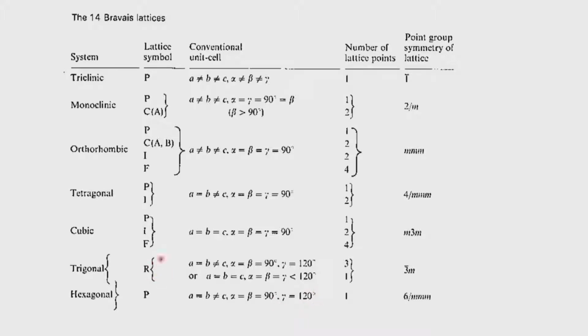You see, in the rhombohedral setting, we have A equals B equals C, and alpha, beta, gamma are all equal, and they should generally be less than 120 degrees. The highest point group symmetry associated with this is 3 bar m, and in the hexagonal case it is 6/m 2/m 2/m. So, this generally tells us how we distribute the crystal systems, the Bravais lattices, the type of lattice we define, that is the conventional unit cells, the number of lattice points, and the highest point group symmetry associated with the lattice.